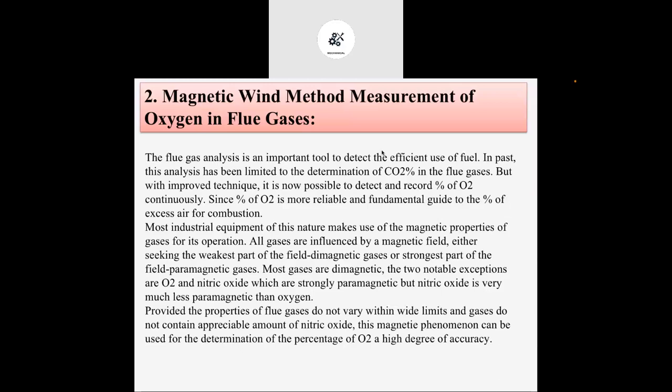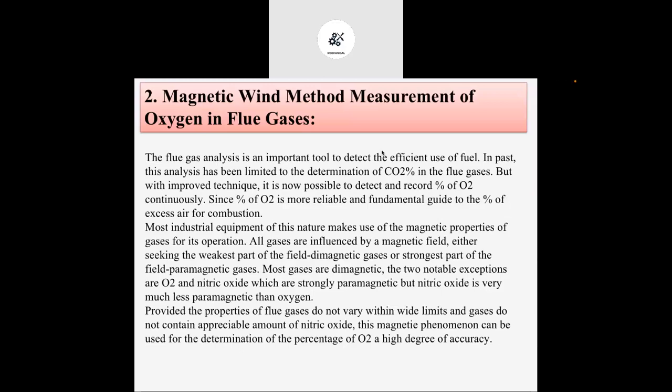Similarly, if the amount of CO, carbon monoxide, is high in the flue gases, we can draw the conclusion that the amount of oxygen supplied for the combustion process is too low. In that case, we can increase the supply air to the furnace. Likewise, we can find out how efficiently the combustion process takes place inside the furnace by